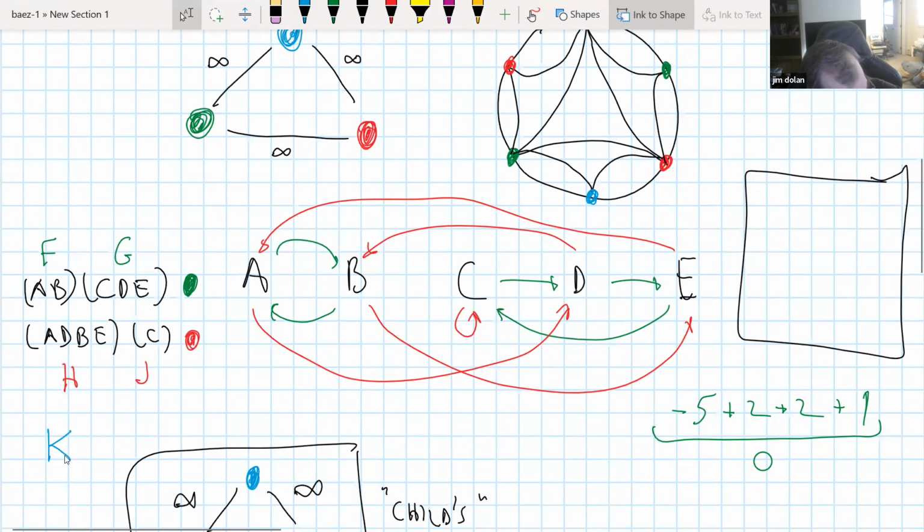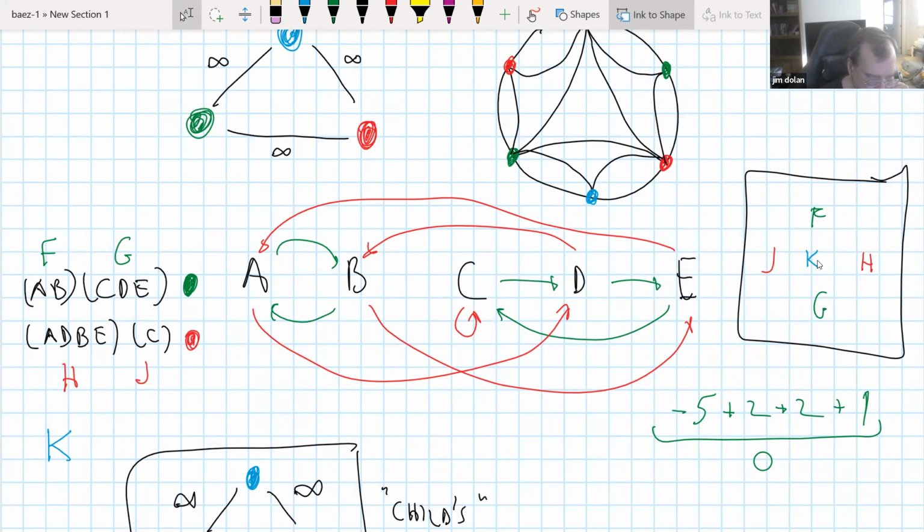Okay, so there's got to be something like F and G over here somewhere, and H and J. And then there's a K, a blue K somewhere. Not sure where to put it. I'll put it in the middle. I'm not sure that's a good place for it. Okay. And